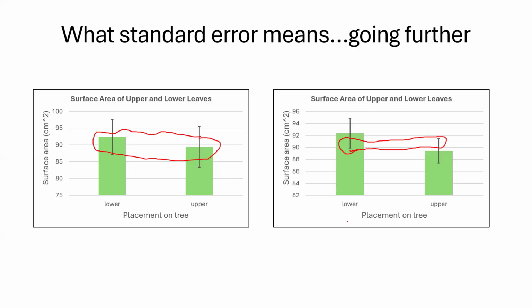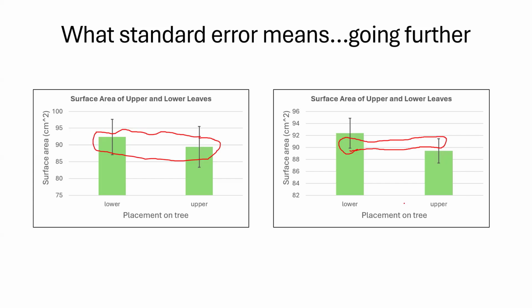This second graph here is an in-between. It's saying we are seeing a trend where the lower leaves seem to have greater surface area than the upper leaves. However, because there's overlap in the error bars, this data may not be significant and really more testing is needed. We should go back, we should take more trials, we should see what's going on because this is